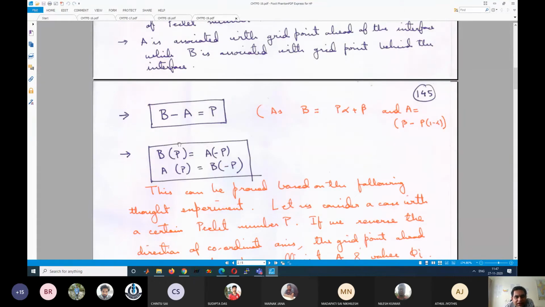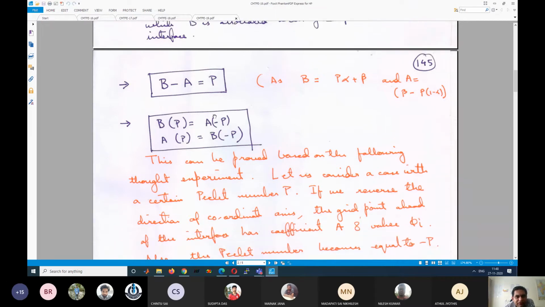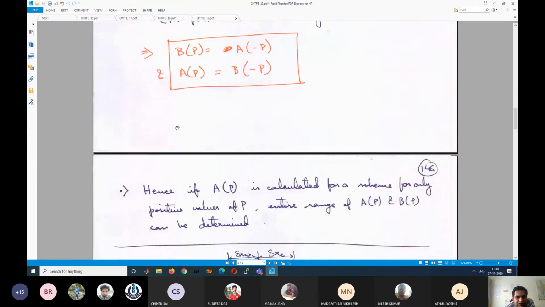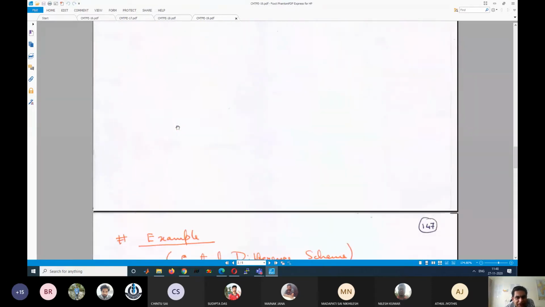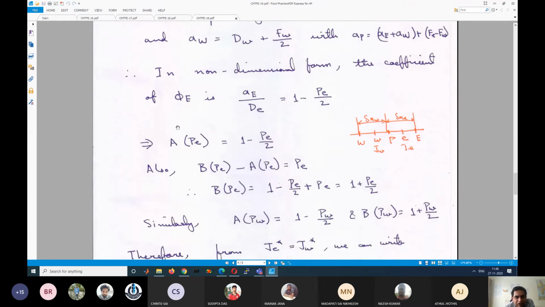So if it is some function of P, it means that instead of P, if I write minus P now, then whatever function I get for A should be equal to the plus P function of B. Again, if I go to the central difference scheme, we will derive it later today, but if I take a look at it,